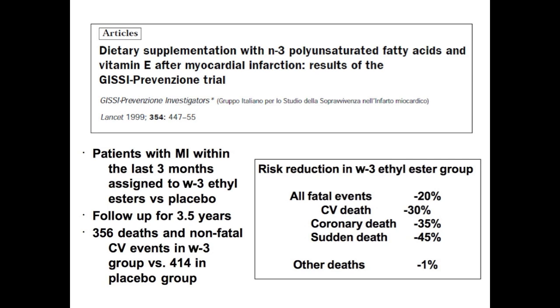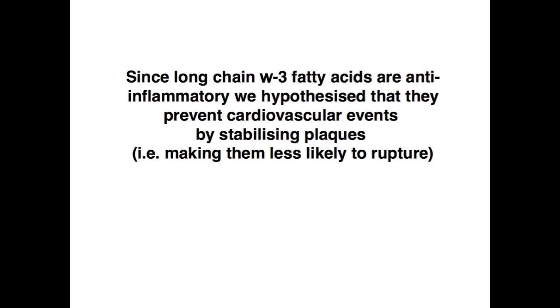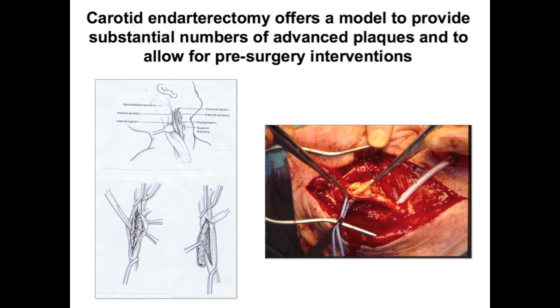Okay? 5,000 people in one group, 2,500 in the other. This is a massive study. So even a 20% reduction can be p less than 0.001. Okay? Because the study is so big. So this is a study which showed that giving people who are at risk omega-3 fatty acids reduces the risk. No one could explain that. They thought it might be something to do with cardiac arrhythmias, all sorts of other things were thrown up. But we thought we could explain it because we said, what happens if omega-3s get into the vessel wall and just calm down the inflammation? So that was our hypothesis, that omega-3 fatty acids would stabilize plaques, making them less likely to rupture.